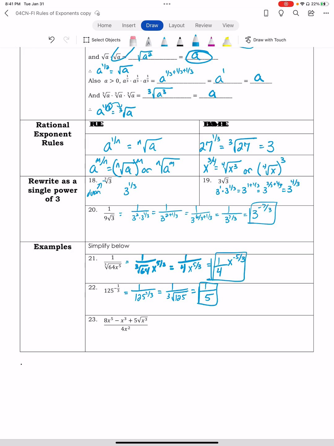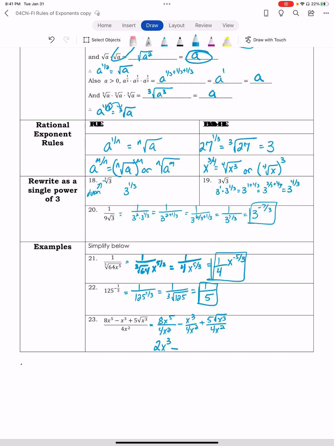And last but not least, this one's a super weird one. I have 8x to the 5th over 4x squared minus x cubed over 4x squared plus 5 square root of x cubed over 4x squared. Now I should have left some more room in this box because we have plenty of room on this page. I know 8 over 4 is 2, x to the 5th over x squared, that's going to be 5 minus 2, that's going to be x to the 3rd. Okay, for this one,